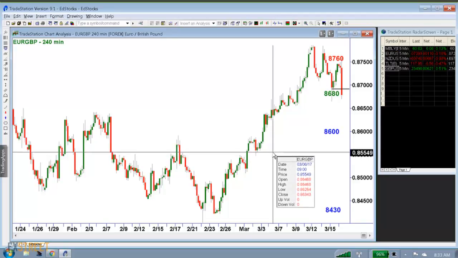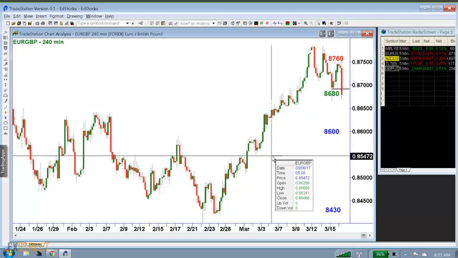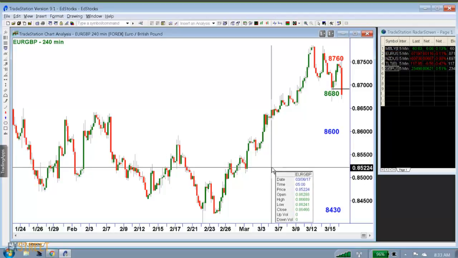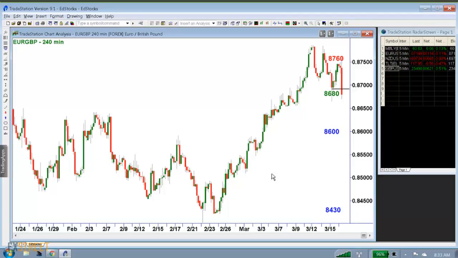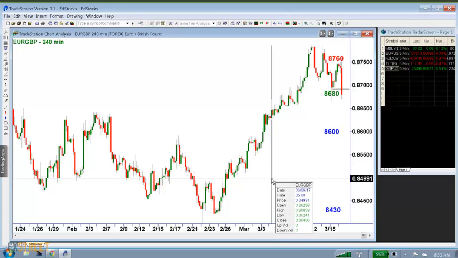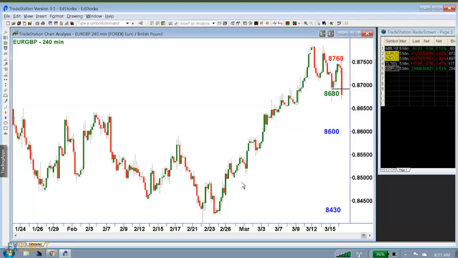There's definitely some support here around 85.50, at 85.40, at 85.20, and some here at 85. Right here just under 85, there is some. I'll tell you what. This says 84.99, and you see that line right there. Let's put a third target just above 85. We'll call it 85.10, and that'll be our third target.